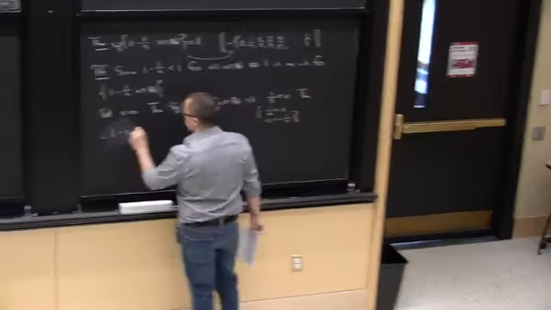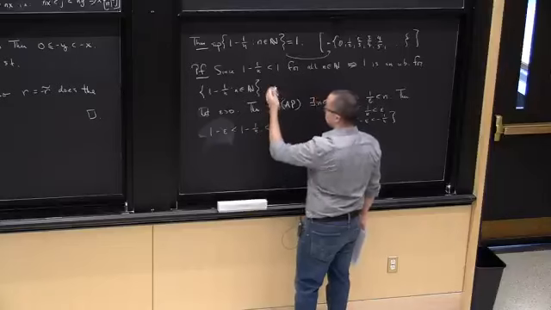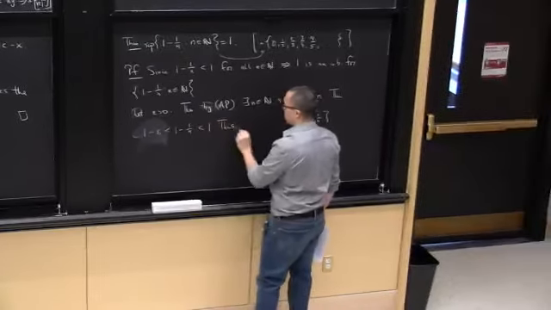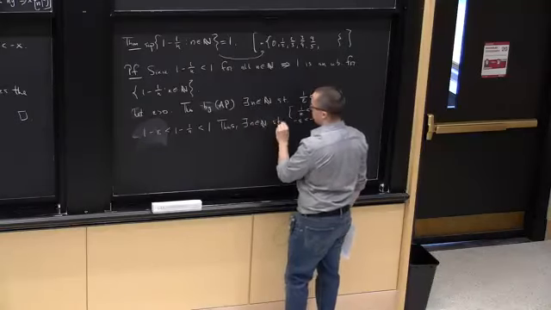So then 1 minus epsilon is less than 1 minus 1 over n, which is, as we have up here, less than 1. Thus, there exists a natural number n, so that